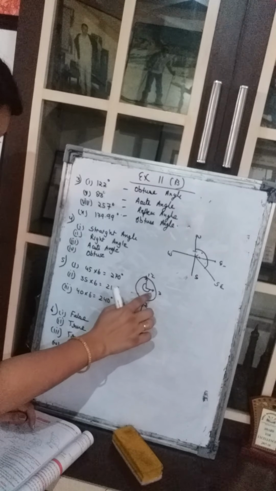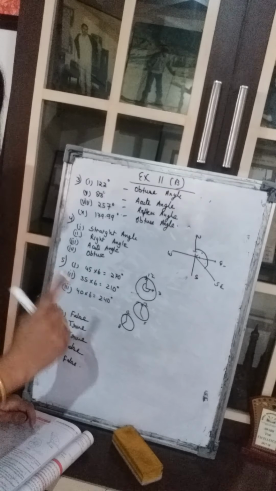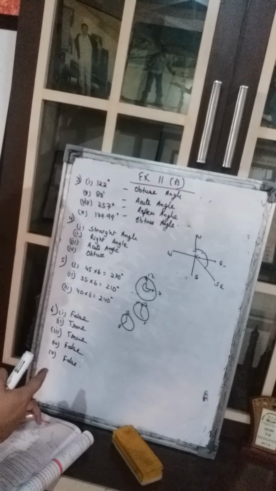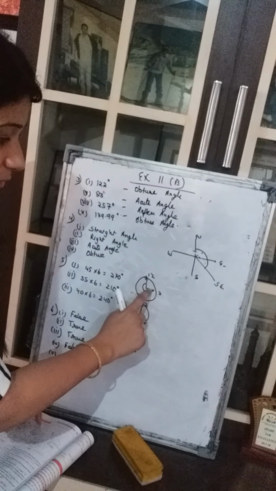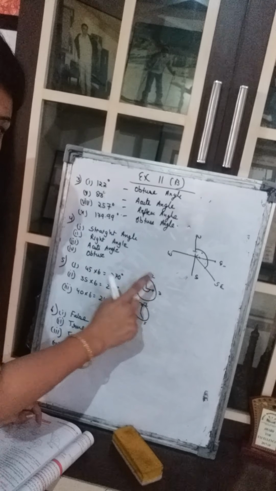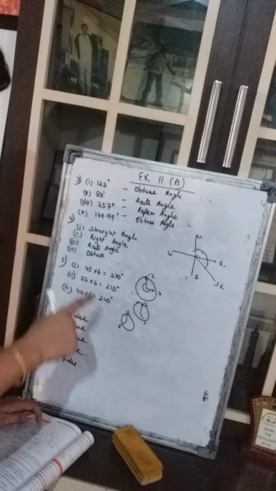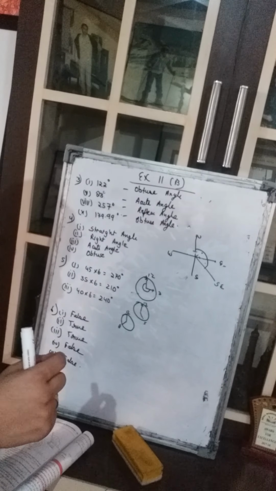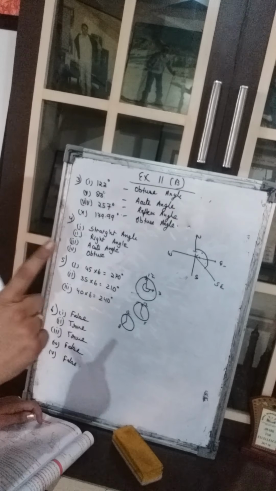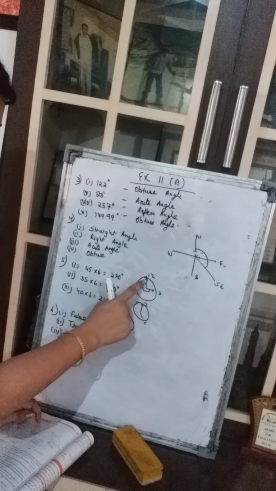This angle is reflex angle. The outside one, because it is more than 180 degree. Okay. Inner one will become 90 degree only. We are not talking of the right angle. They have given in the question, we have to find the measure of the reflex angle. Reflex angle is this one.